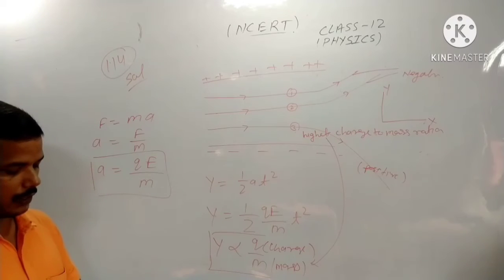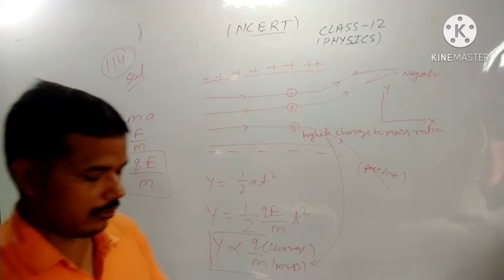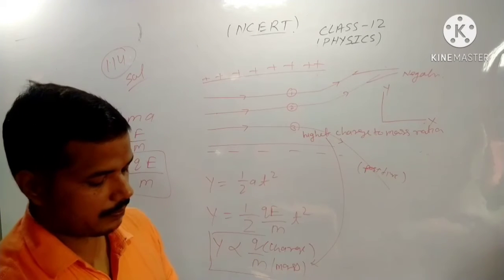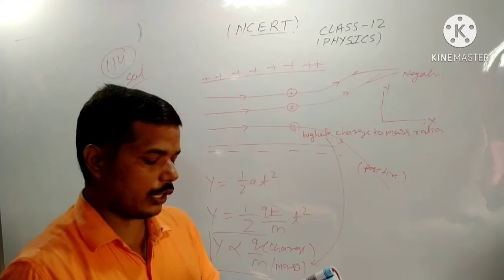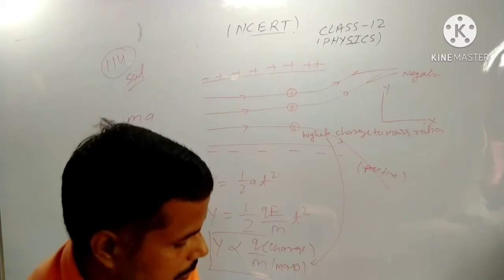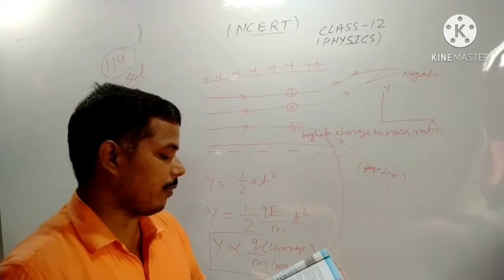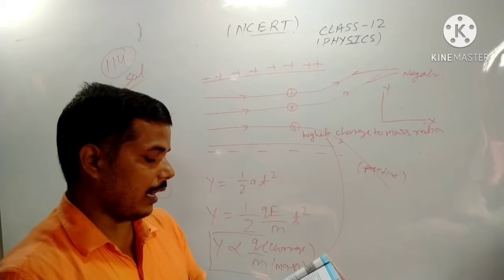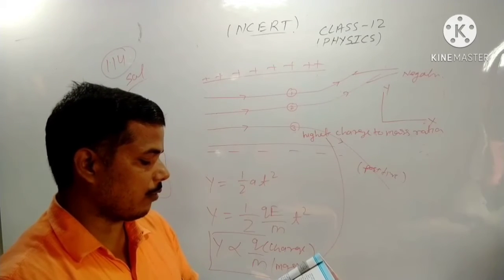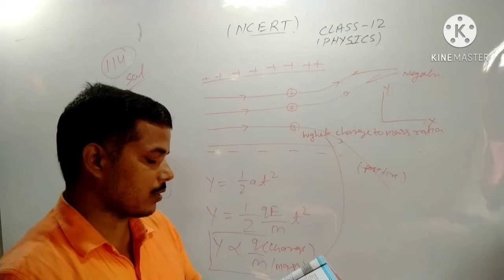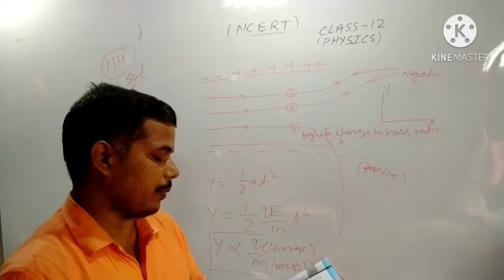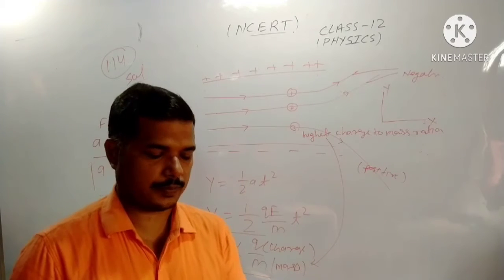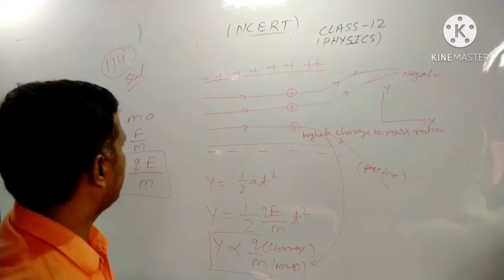Okay. Now question number 1.15. Consider a uniform electric field E is equal to 3 into 10 power 3 i cap Newton per coulomb. What is the flux of this field through a square of 10 centimeter on a side whose plane is parallel to YZ plane? What is the flux through the same surface if the normal to its plane makes a 60-degree angle with the x axis?